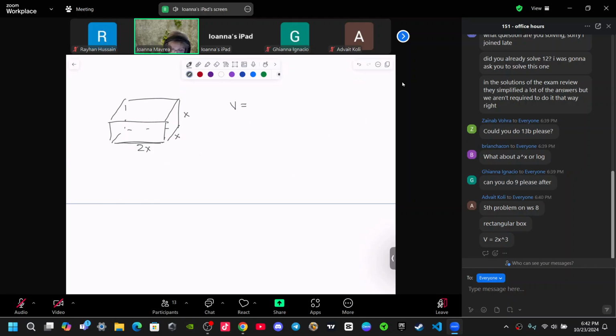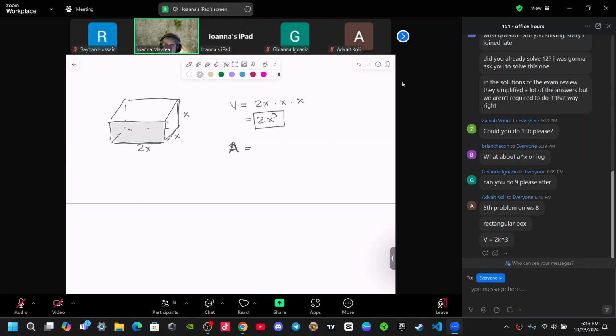Okay. So what would the volume formula be in this case? Right, it's one side times the other side times the other, right? So it's 2x times x times x. Okay, so that's the volume formula. Okay, surface area, I think he calls it A, but I might call it S. Oh, I did write it there. Okay. Fine. So the surface area will be